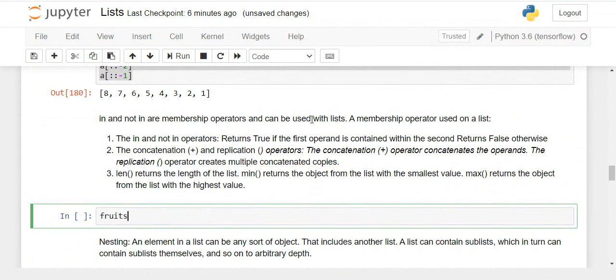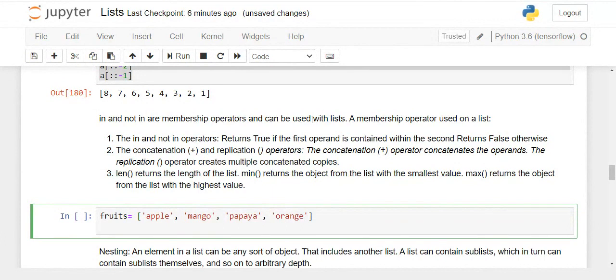For example, let's take a list: fruits, apple, mango, orange. Let's say this is a list of fruits, and I want to check whether a fruit named kiwi exists in the list or not.